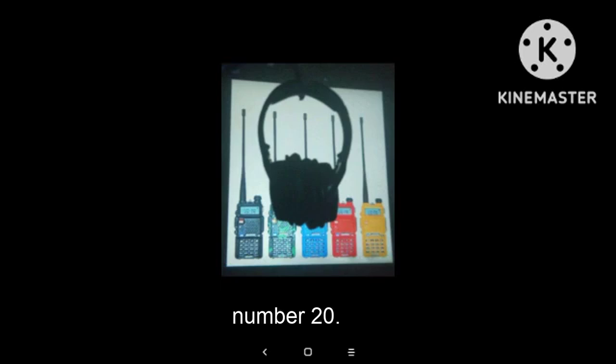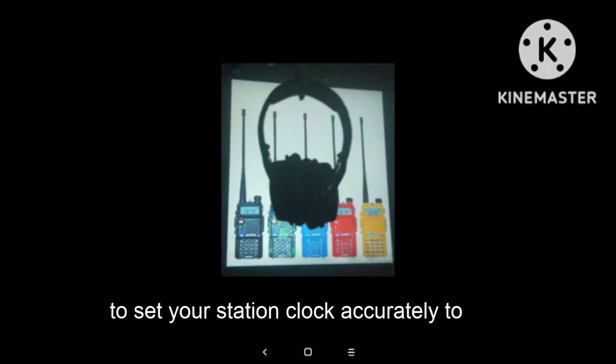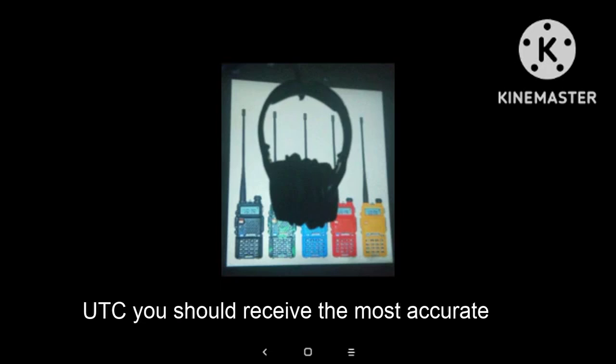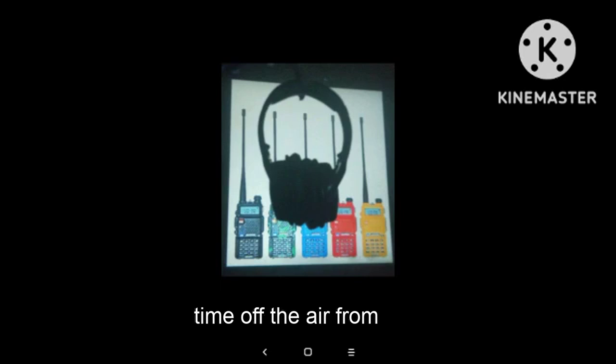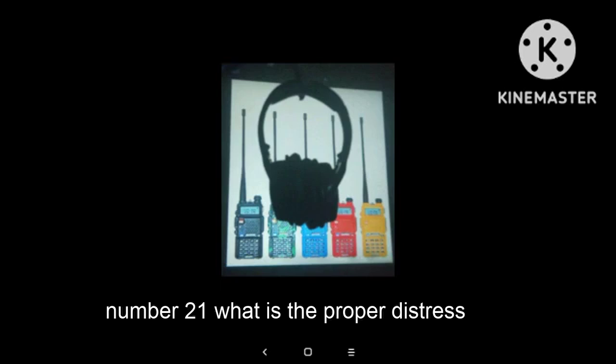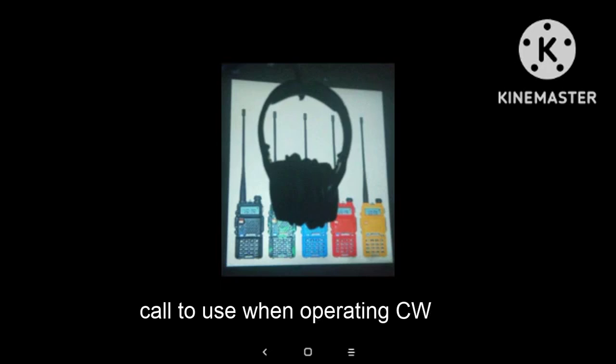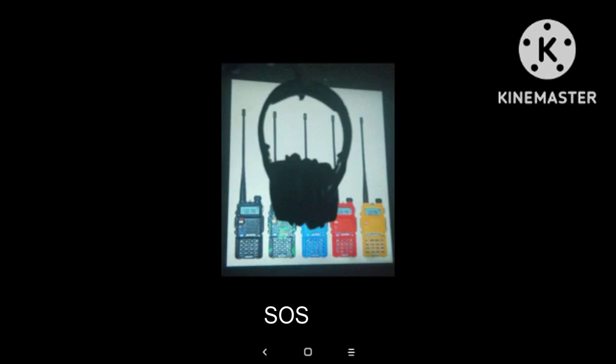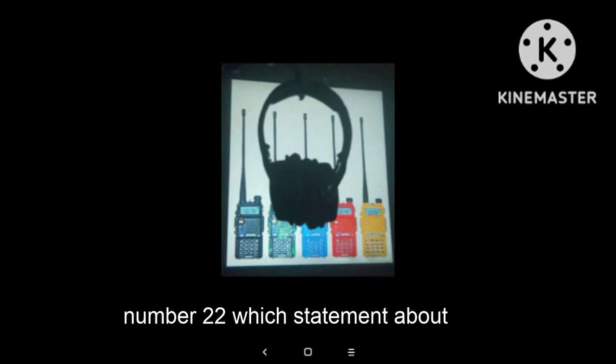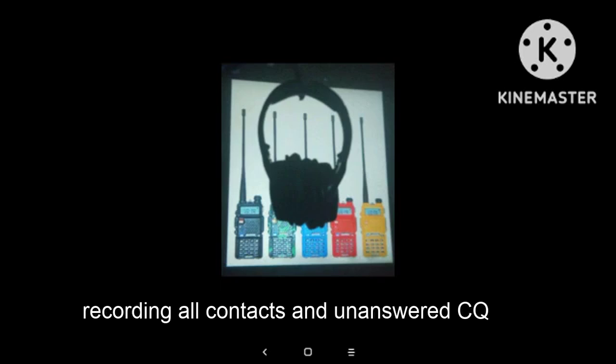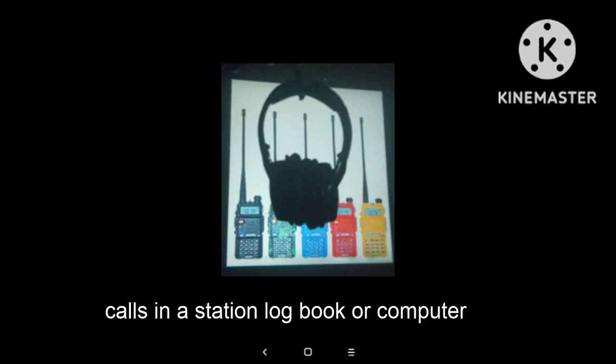Number 20. To set your station clock accurately to UTC, you could receive the most accurate time off the air from CHU, WWV, or WWVH. Number 21. What is the proper distress call to use when operating CW? SOS. Number 22. Which statement about recording all contacts and unanswered CQ calls in a station logbook or computer log